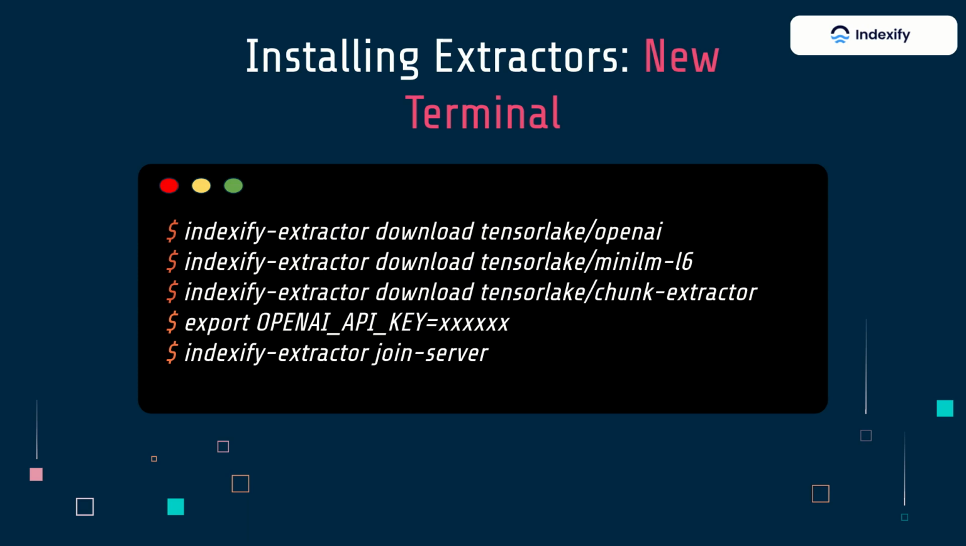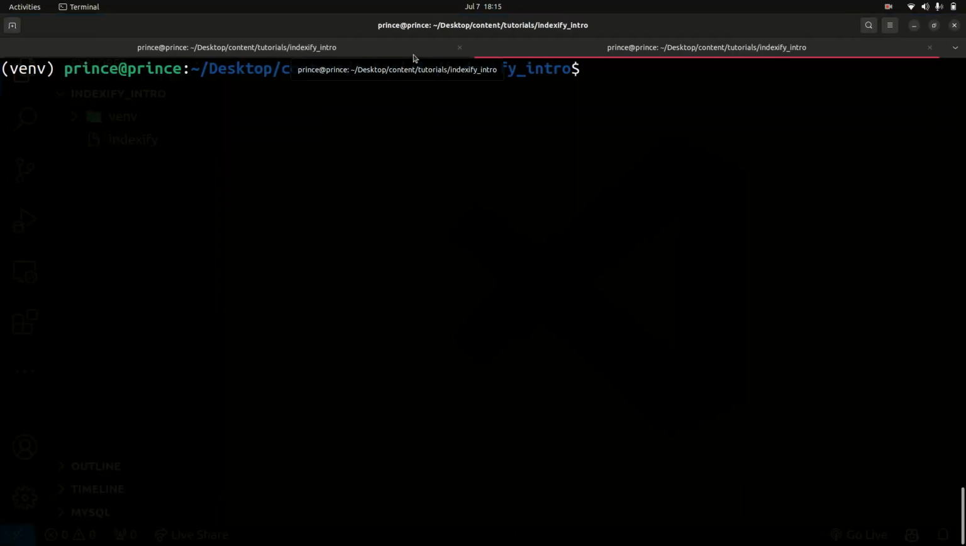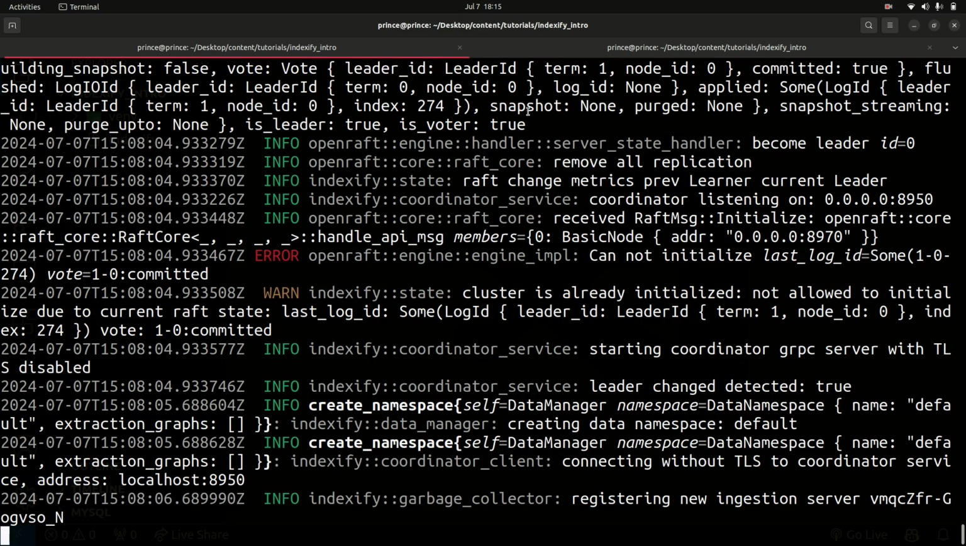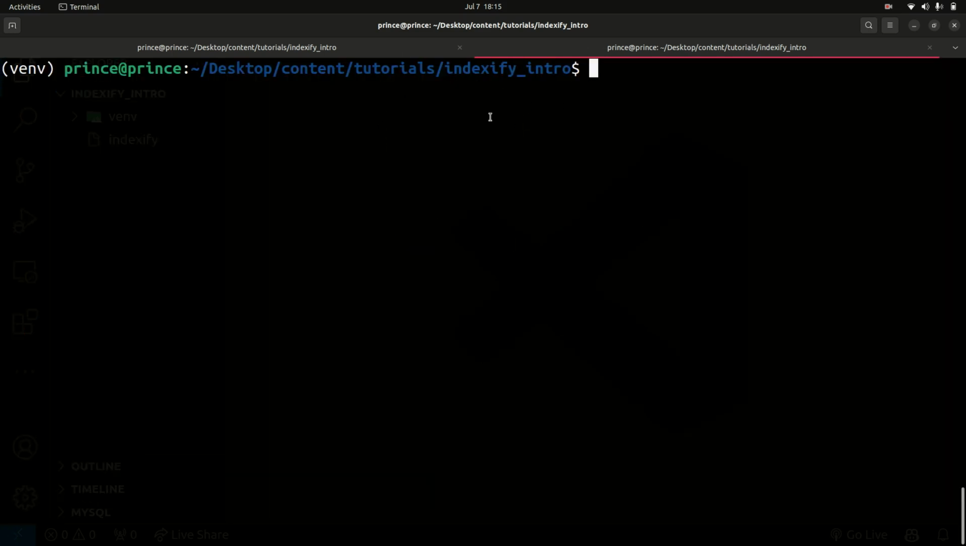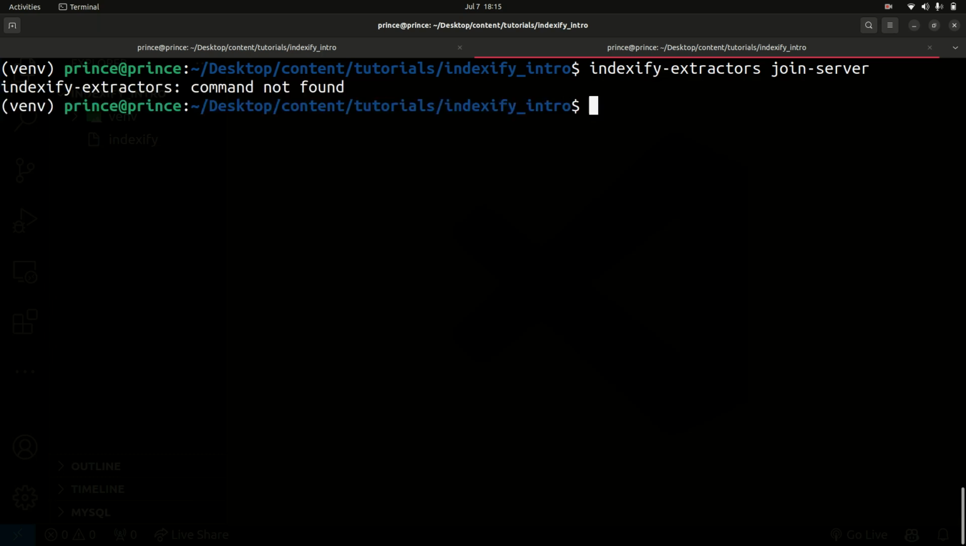So let me show you how you can do this. Going back inside of my terminal again. Remember, the other terminal is going to keep on running our Indexify server. So now I'm going to run the extractors in this terminal. I'm going to say indexify -extractors, and then finally join-server, just like that. Let me get the spelling right: indexify hyphen extractors space join server. Once we have this, I can just press enter. So we say indexify